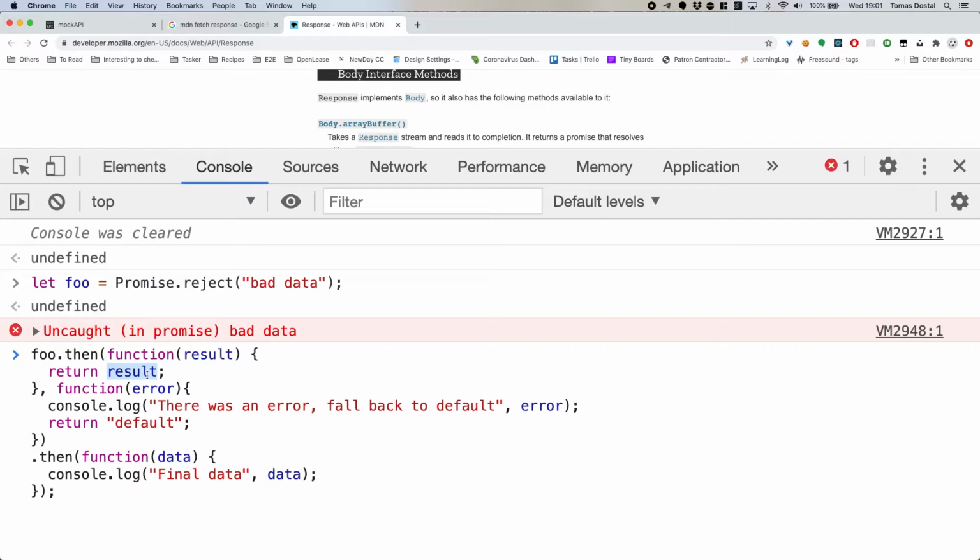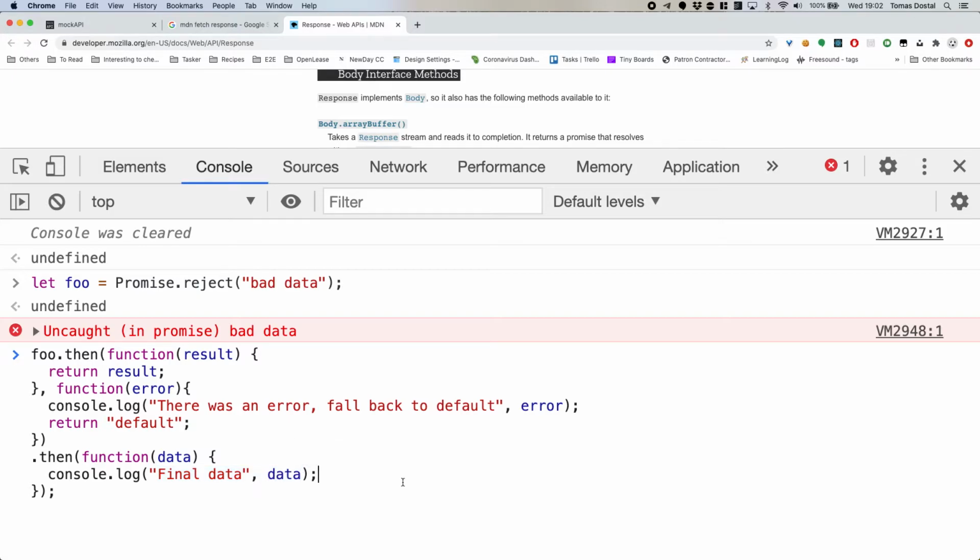But what is default? In this case, default is just text, right? Okay, so if it returns that text, then that text is what is printed in the console log as final data default. So you think we will see final data default?